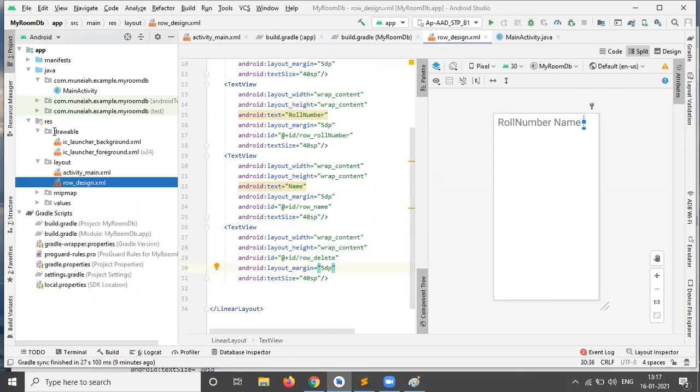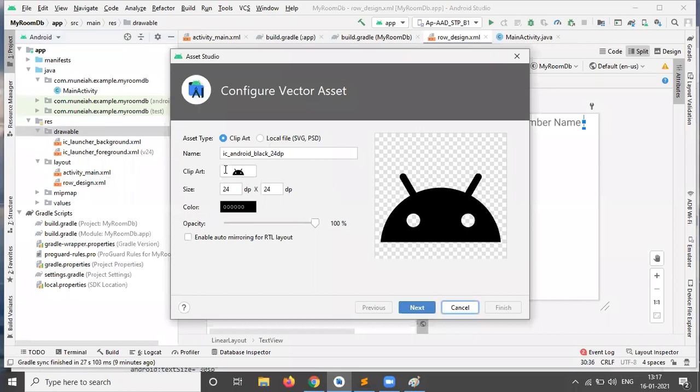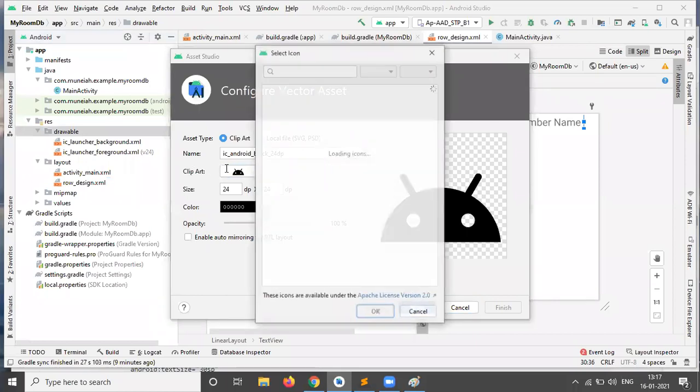So go to the drawable folder, new, vector asset, for adding the icon. Click on the clip art.